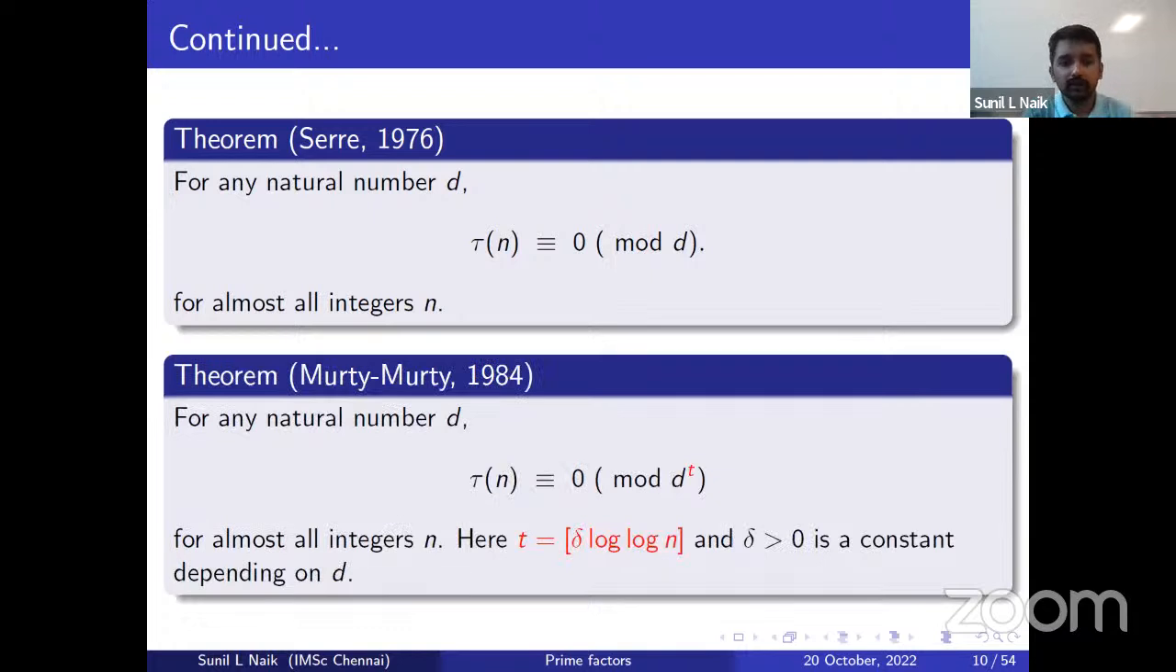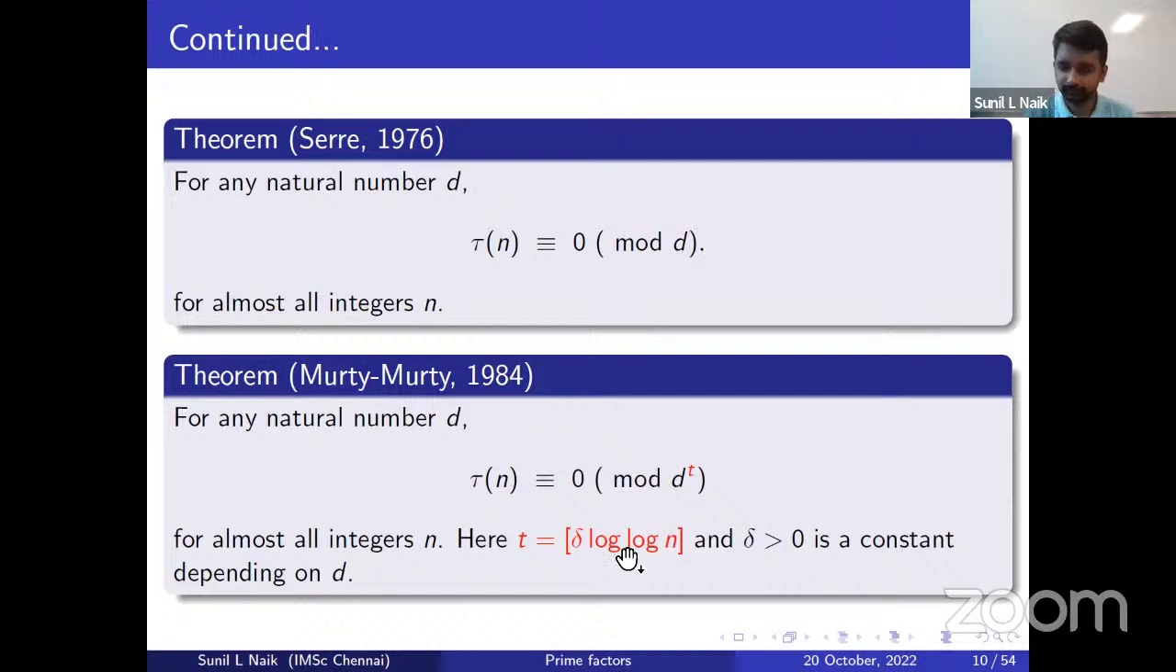This result was further strengthened by Murty and Murty. They showed that for almost all integers n, tau of n is divisible by a power of d, where t is equal to the integer part of delta log n. Here delta is a positive constant which depends on d, and observe that the power t goes to infinity as